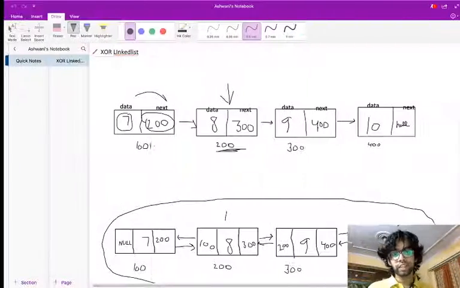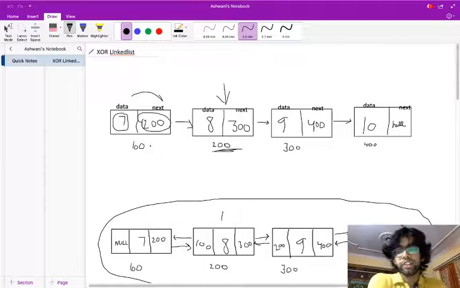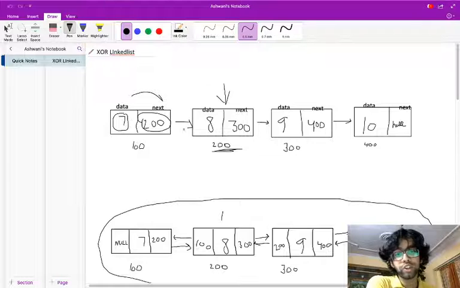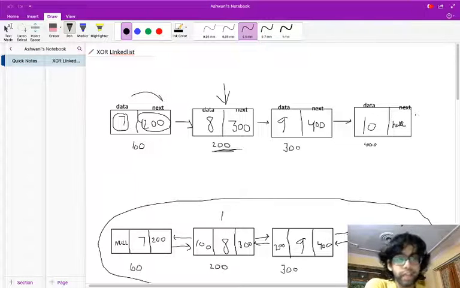A linked list is a linear data structure which stores data in various nodes, and these nodes are scattered in the memory. And how do we access these nodes? We access these nodes by storing the address of a head node. Let's say this is my first node, it is the head node. We will store the address of this node, which is 100, and then each node will store the address of the next node. In this case, this node is storing 200, and at 200 we have another node which stores the address of the next node, and this stores the address of the next node, and the last node will store null in it.